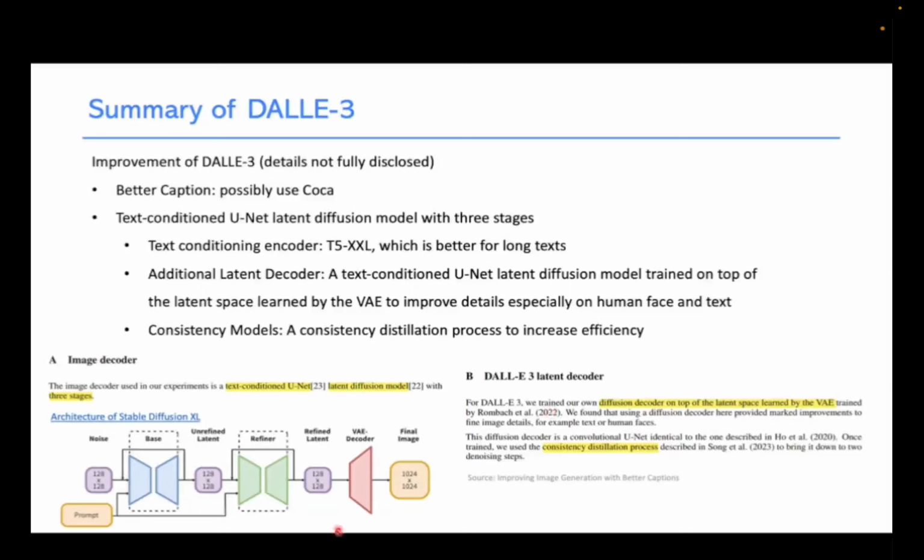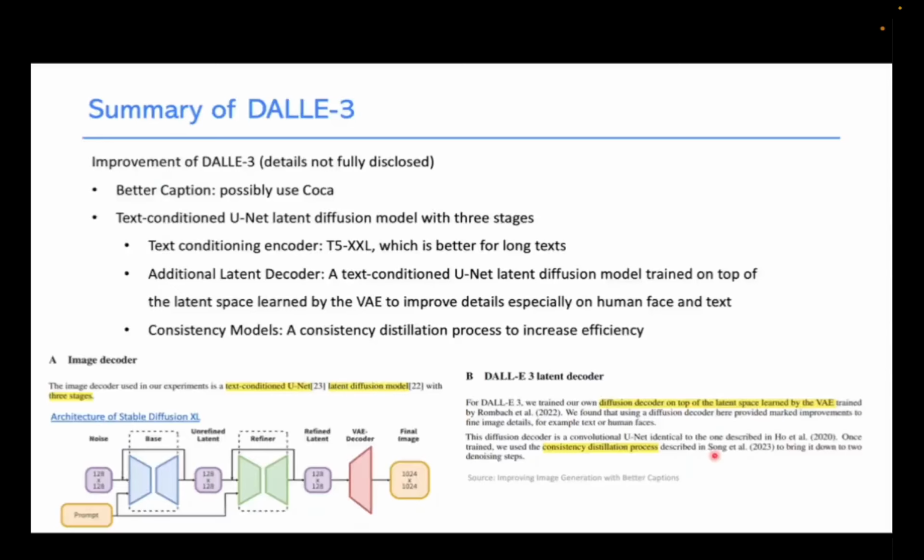From my understanding, the additional latent decoder is put on top of the variational encoder-decoder here. It also uses consistency models, a consistency distillation process, to increase efficiency. There's also a paper named Consistency Models by Song. If you are interested, you can find it and have a look.